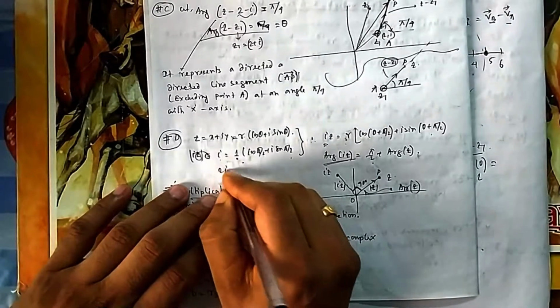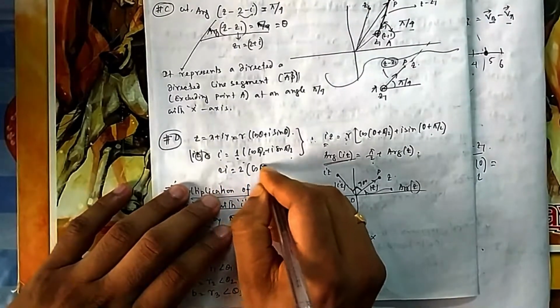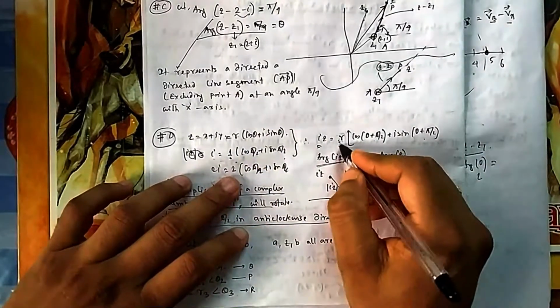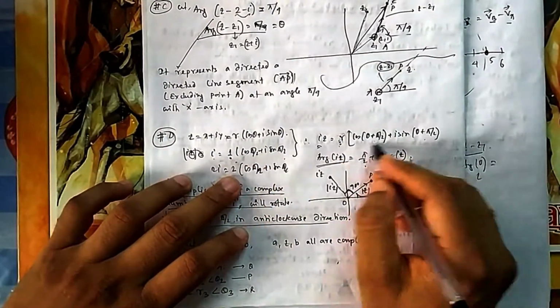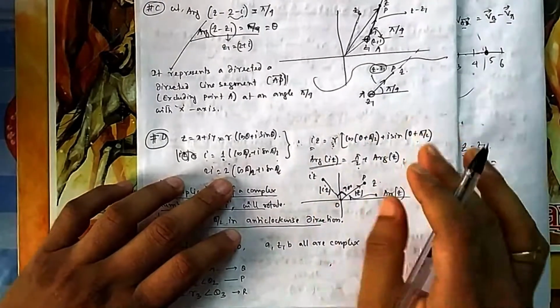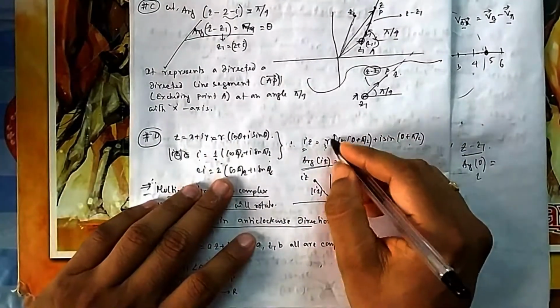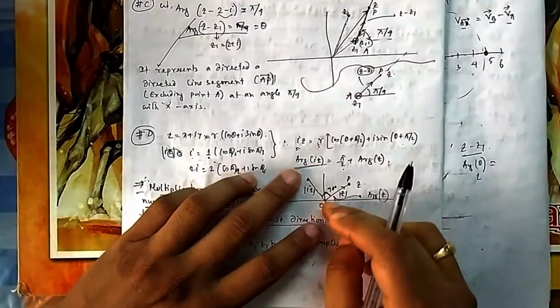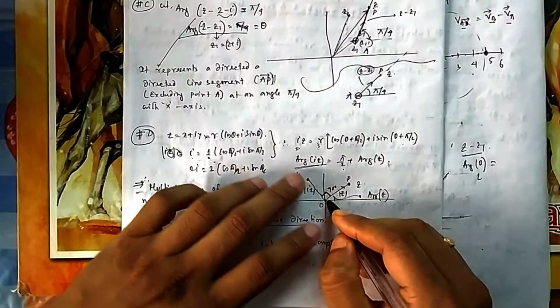If it is 2i, then it will be 2(cos π/2 + i sin π/2). So now if you multiply these two, r·2r will come, and this product will give you something of this form. If you apply cos A cos B minus sin A sin B, we have seen this one. So what will happen? It will rotate 90 degrees, and its magnitude gets doubled. Originally it was r, now it will be 2r.